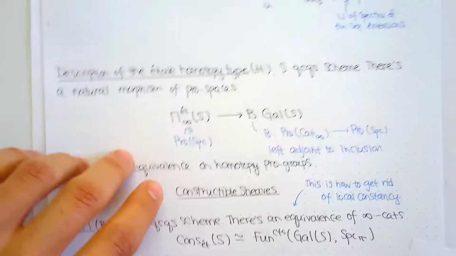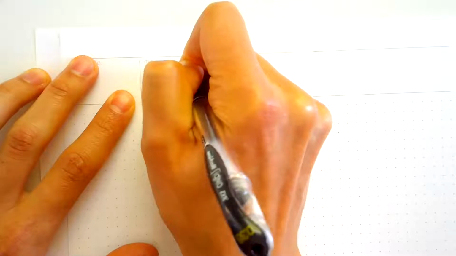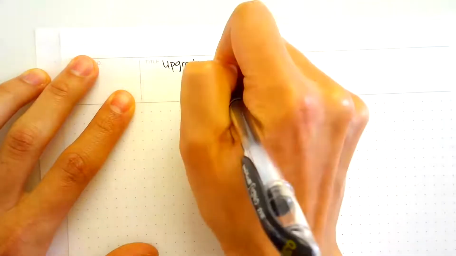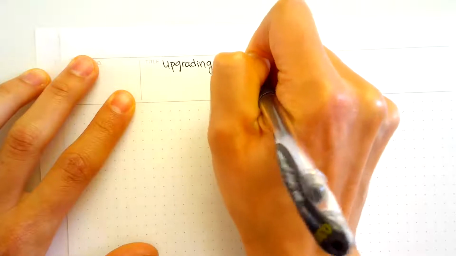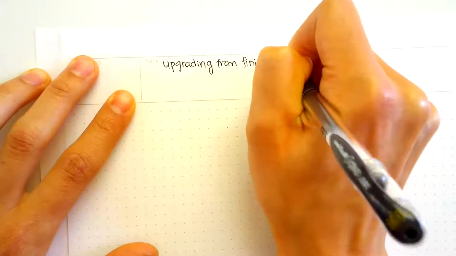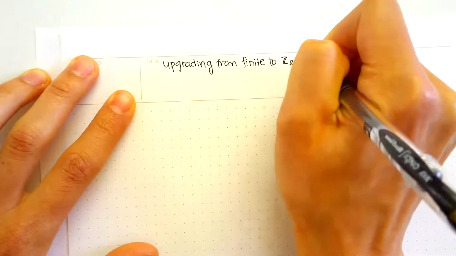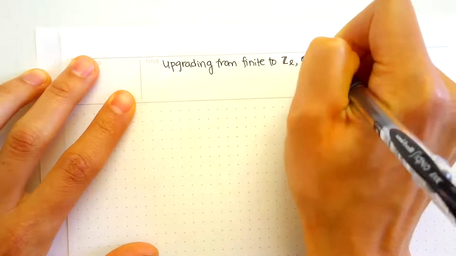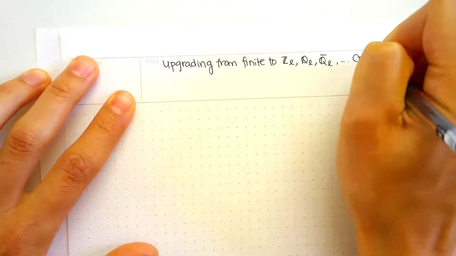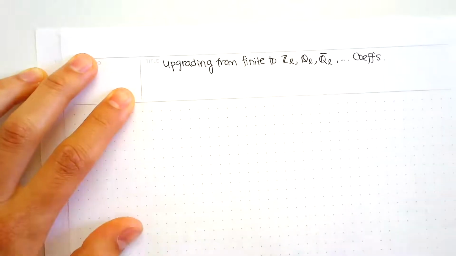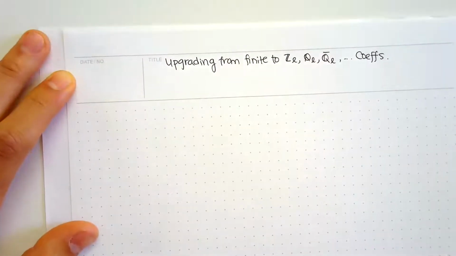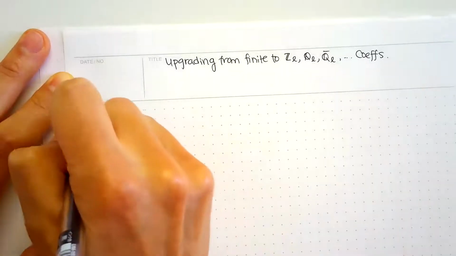So, in the remaining time I want to talk about upgrading from finite to Z_L, Q_L, Q_L-bar coefficients. Okay, and so maybe let me recall something. So classically,